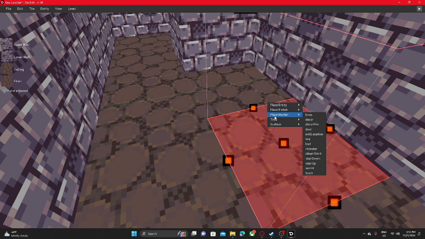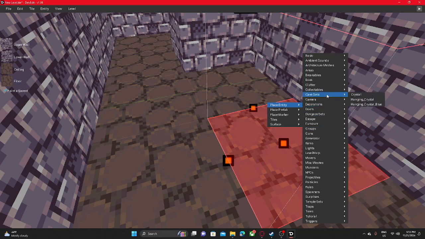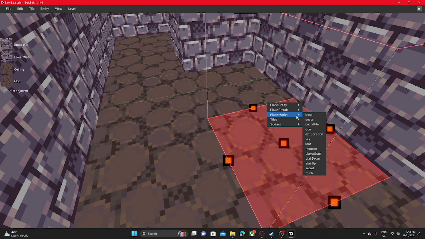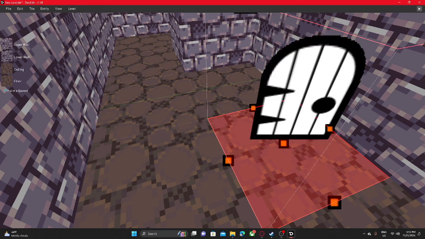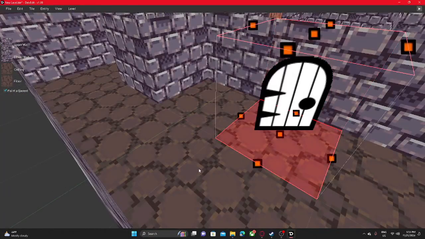Okay, so place marker is a little bit different, but it's essentially the same thing. This one is more randomized. Instead of there being a set sprite that's predetermined or a certain file, this one randomizes it a bit based on what's in the folder. Place marker, for example, you could place a door, but the difference with this one is